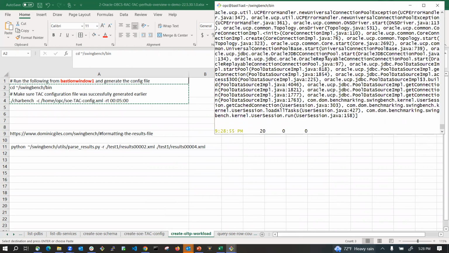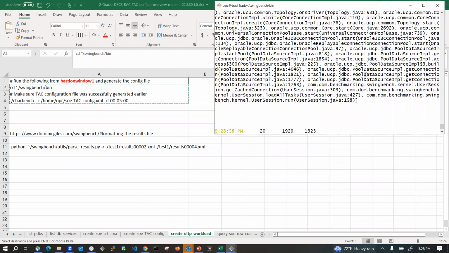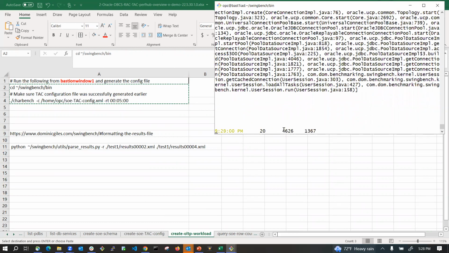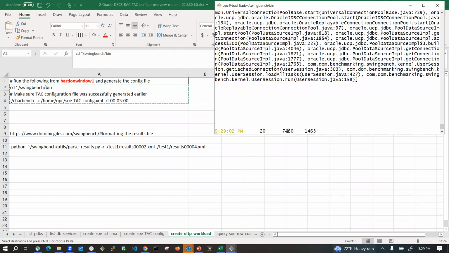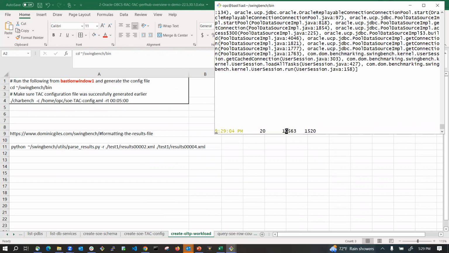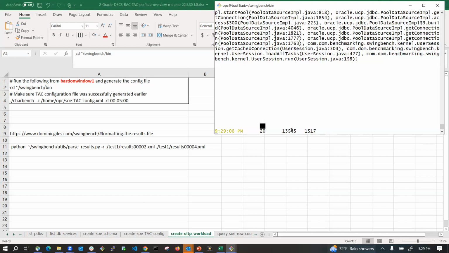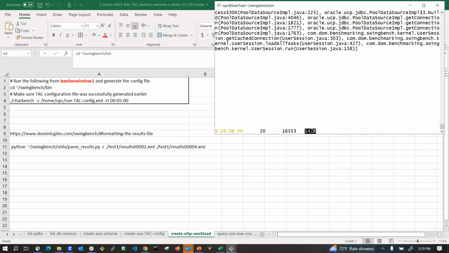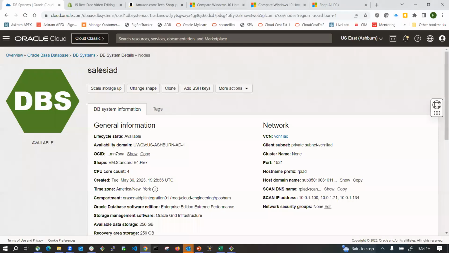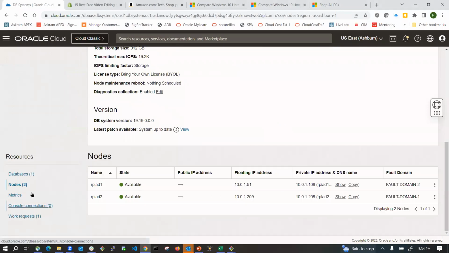This is swingbench, I think some internal error, but anyway, you can see this is the transactions per minute. The first one is the number of users, then transactions per minute, and this is the transactions per second. And now we are going to create